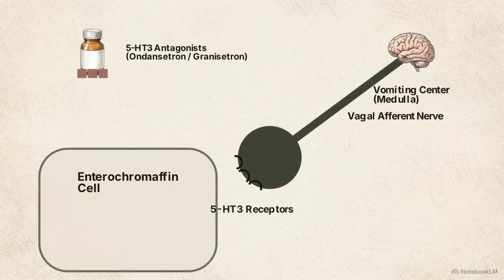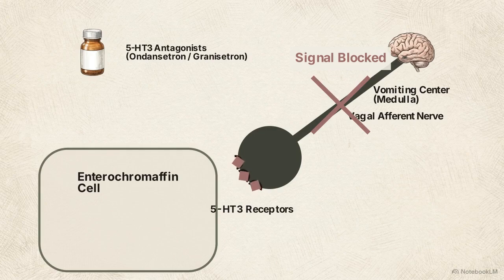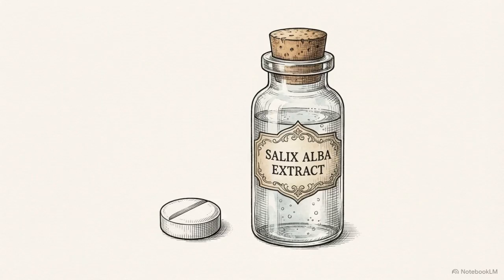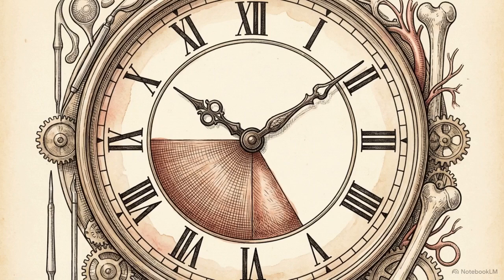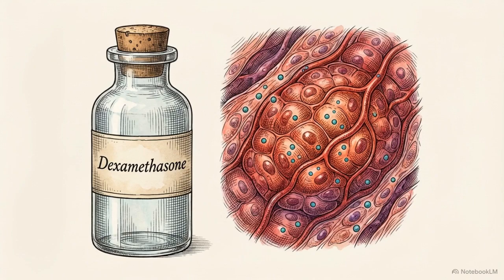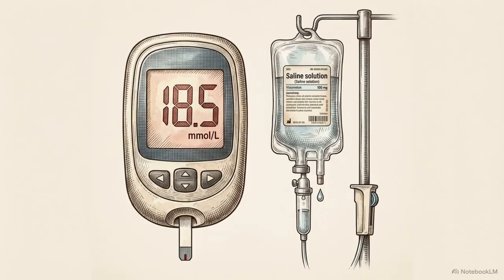5-HT3 receptor antagonists, like ondansetron and granisetron, work by blocking serotonin release from enterochromaffin cells in the GI tract, preventing vagal afferent stimulation. While the standard adult dose of ondansetron is 4 mg, granisetron offers a distinct pharmacokinetic advantage. Its 9-hour elimination half-life makes it highly effective for outpatient surgeries requiring prolonged coverage. Corticosteroids like dexamethasone provide a potent anti-inflammatory effect. However, a single 4 to 8 mg IV dose carries a proven risk of perioperative hyperglycemia, requiring caution in diabetic